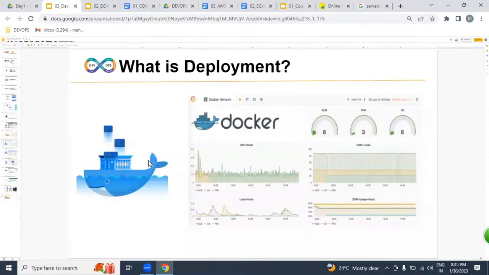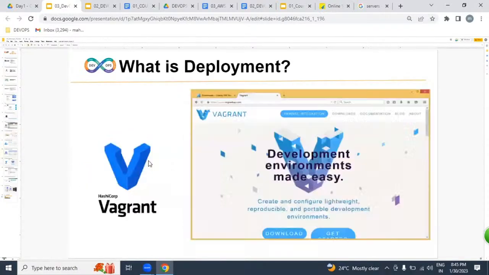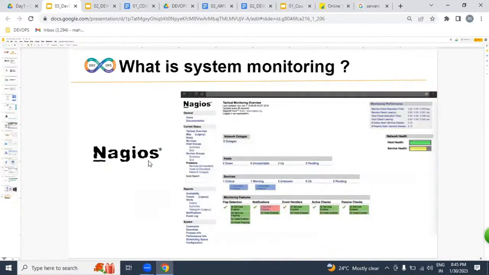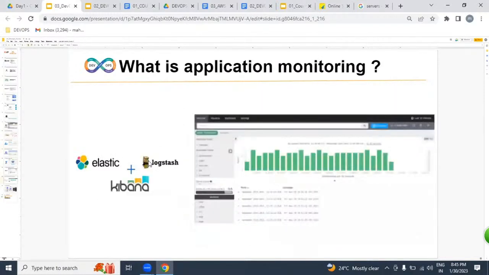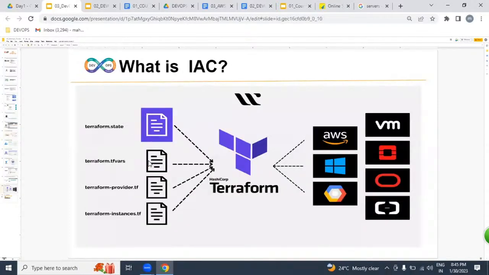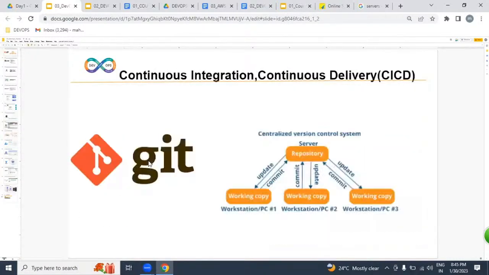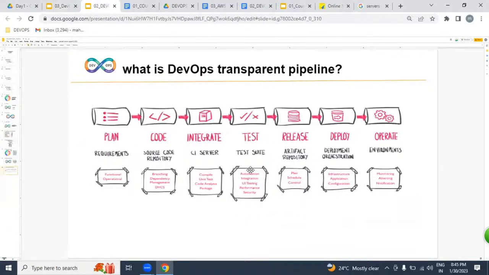Docker, Kubernetes, Vagrant, Nagios, ELK, that is Elasticsearch, Logstash, Kibana, 3 tools. Terraform. So these are all the tools we are going to be learning for implementing our DevOps process. First, let us understand.